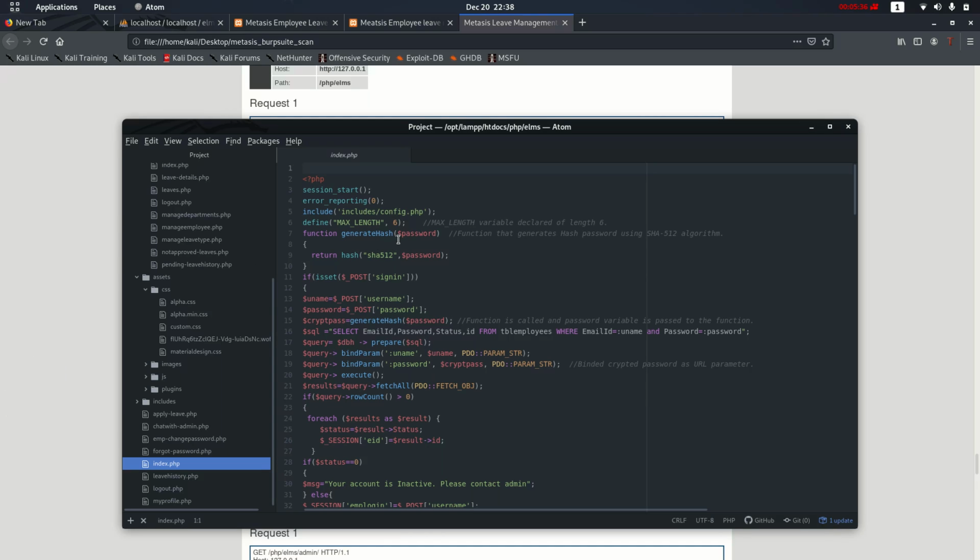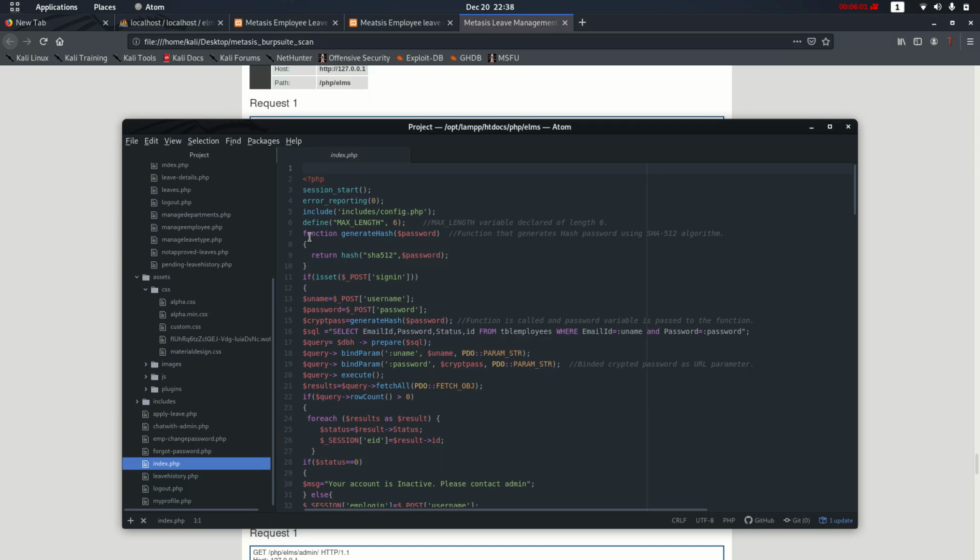As we can see here, this is the index.php file. This is the basic file which is always accessed by the web browser when all the web project files are uploaded to the web server. This is the first file being searched by the web browser in order to get started with the application.